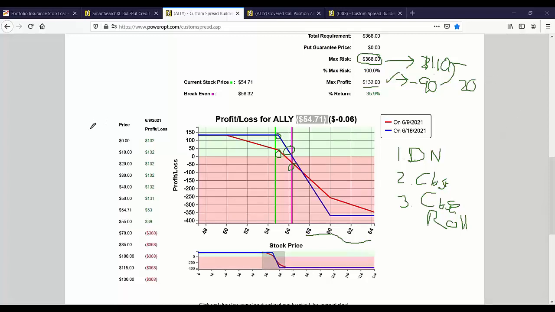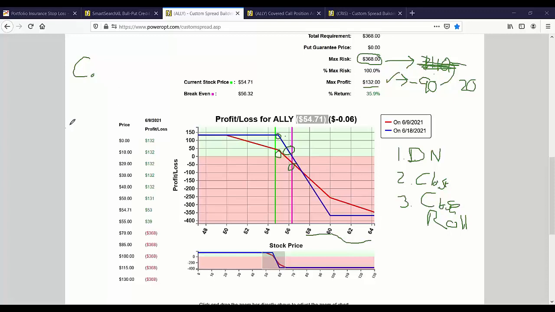We have to almost analyze this as a whole new position. Any of these potential adjustments we're talking about, you're really looking at as a whole new position. Meaning not necessarily taking into account what is the loss you have now, but also what is this stock doing? What are the current conditions of this stock now? If you looked at it fresh, without the idea of potentially managing the position, trying to make sure you get a profit on this one stock position, this ABC, XYZ, ALLY position, whatever it is,